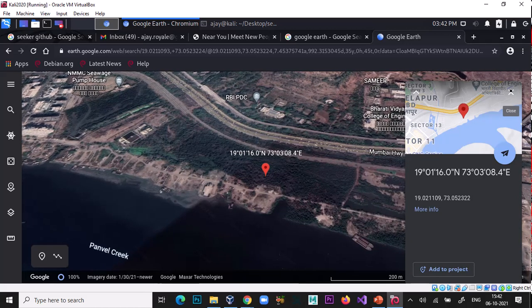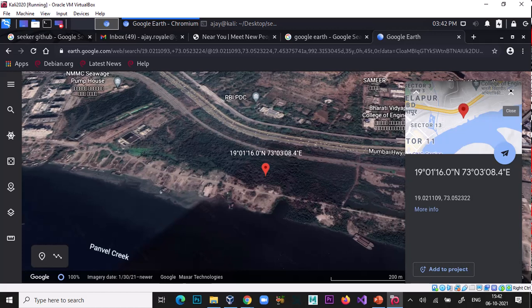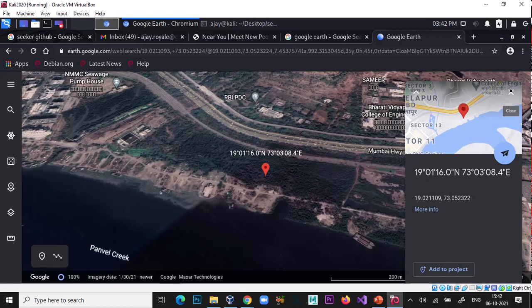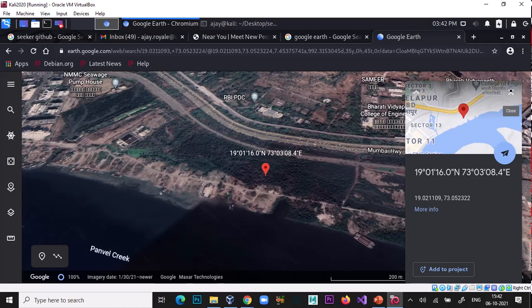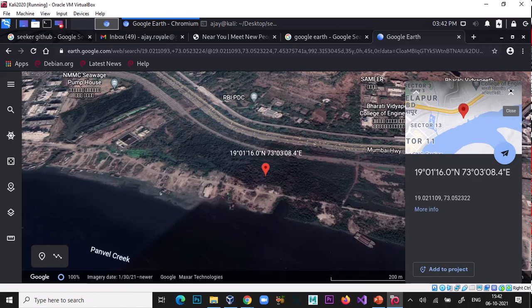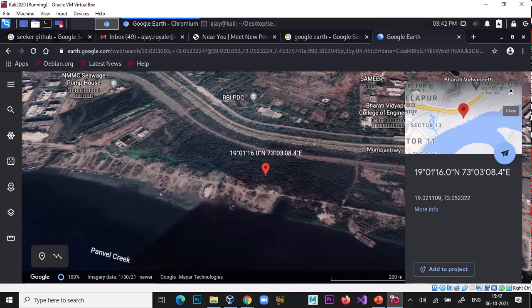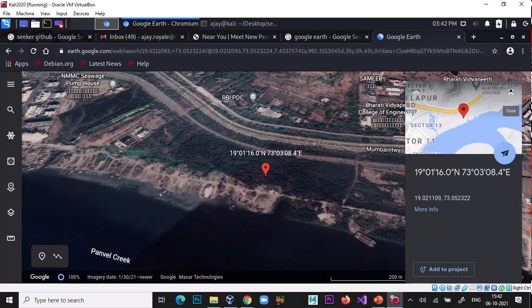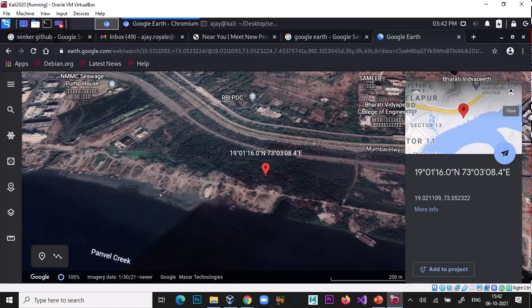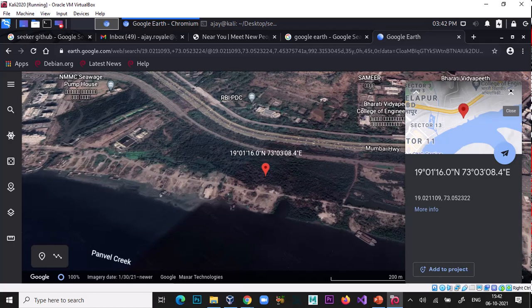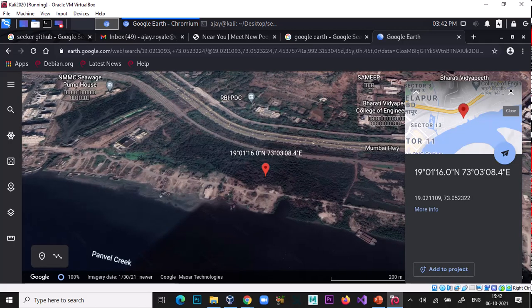This facility is available with iPhone only, not in Android phone. So basically, the purpose of this is to know how to make this kind of phishing link, and how to protect yourself from these kind of links.